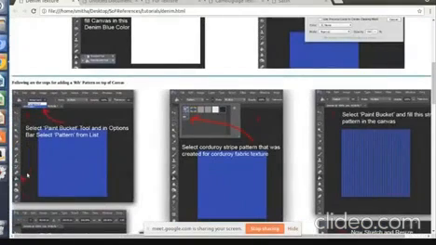Now select the paint bucket tool, and in the options bar, in the drop down list, select pattern instead of foreground. Then select the corduroy pattern that you have created.